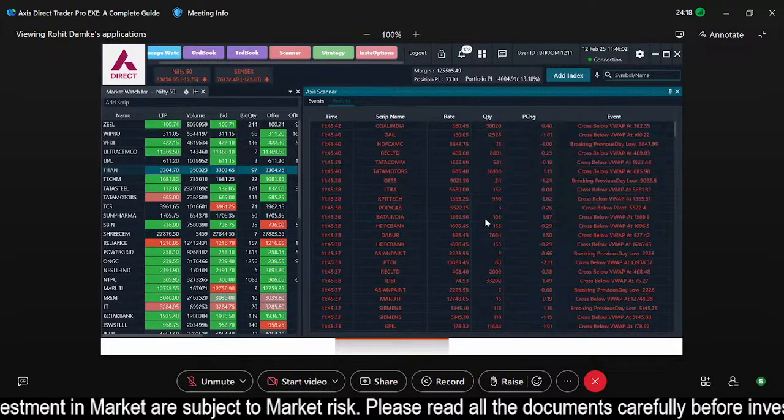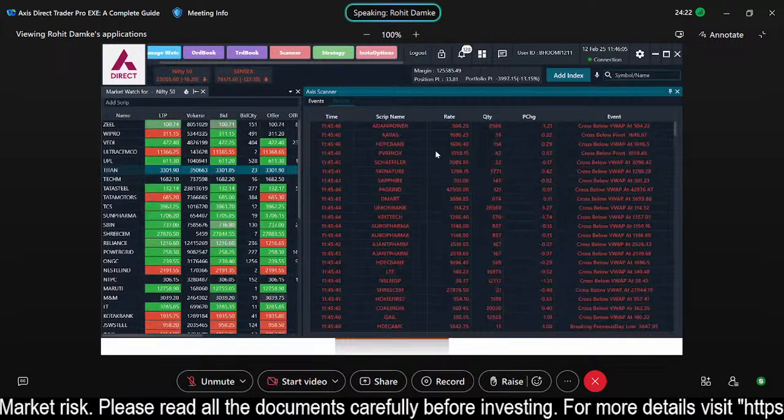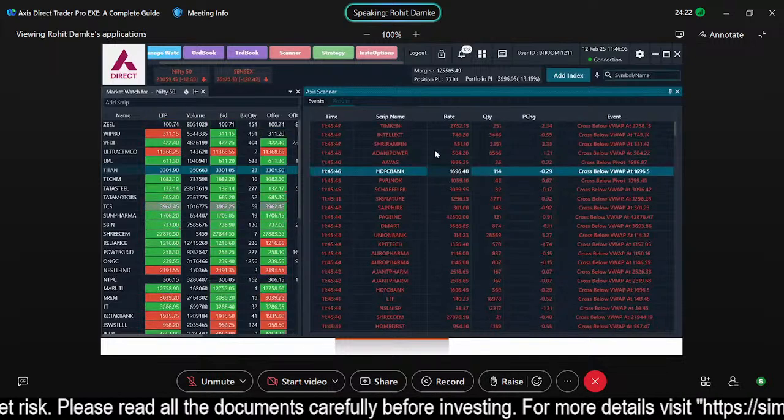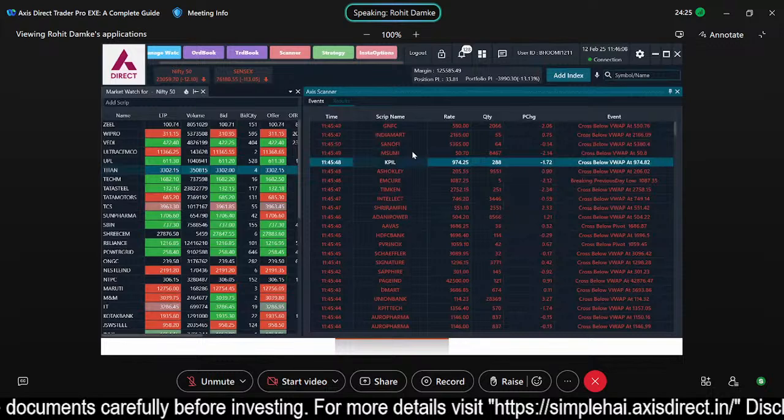Again, I will show you how you can easily execute anything from this access scanner. I have just selected this, and I just need to,